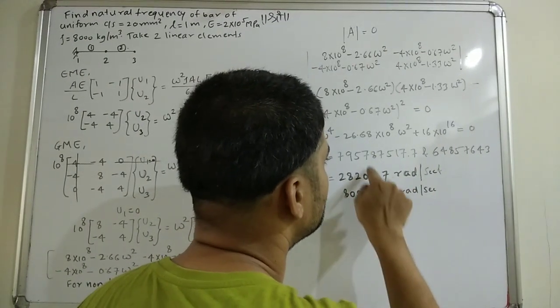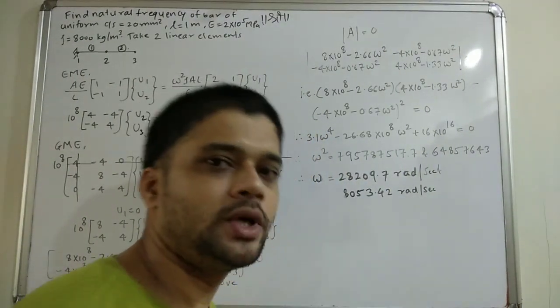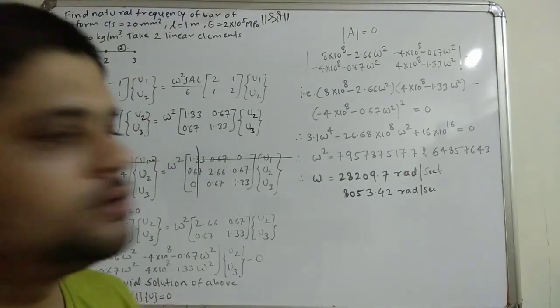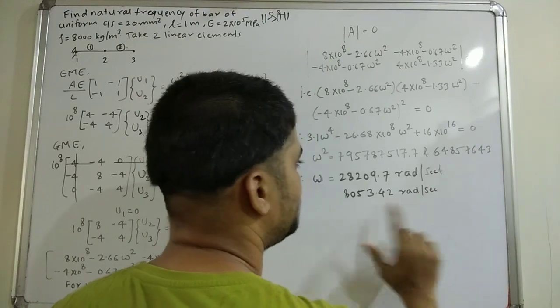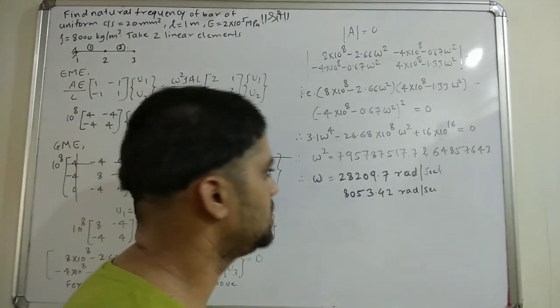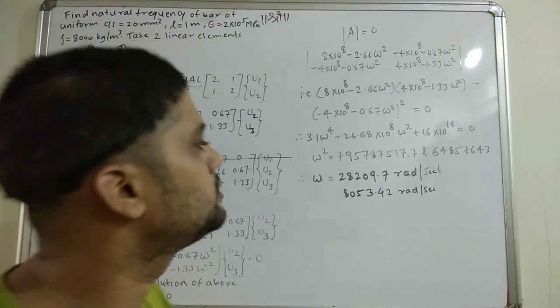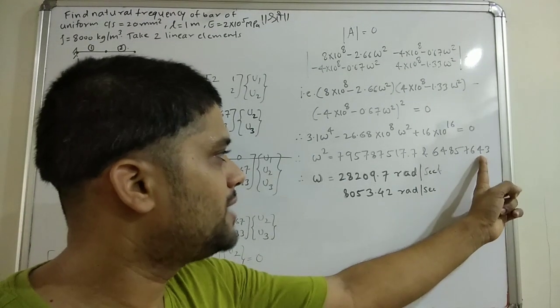And from here also we will have 2 values. The negative value we are not going to consider. And from here also we will have 2 values. The negative value we are not going to consider. So omega eventually comes up to be 28,209.7 radians per second, and from this value we get